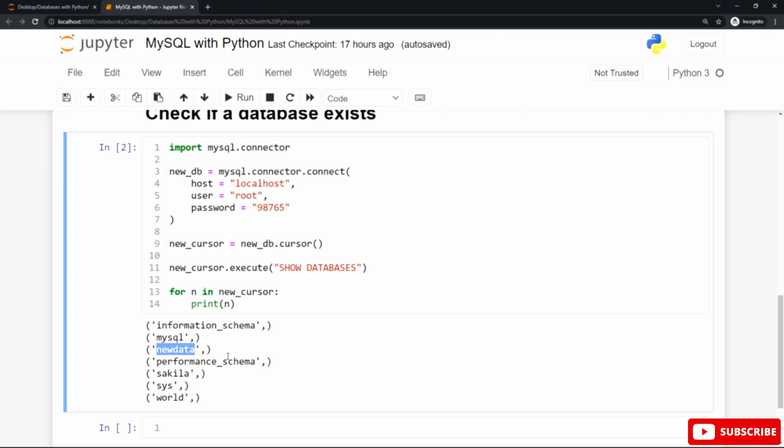You can try to access the database when making the connection, so easy. When you create a connection by using the connect method, you can add another parameter or another argument here called database. And if this program is executed with no error, the database called new data exists in your system with no errors at all. Let's do that.